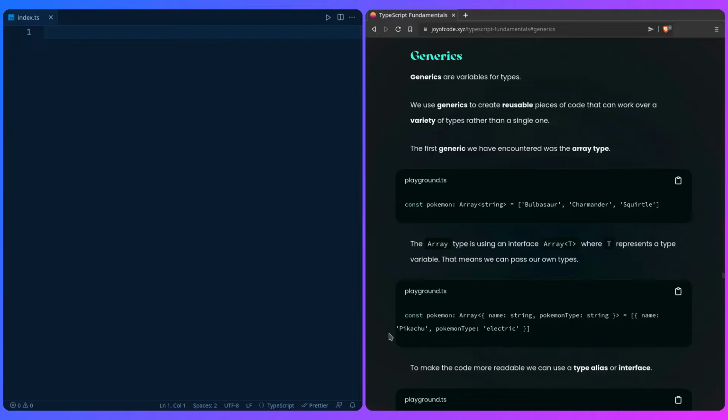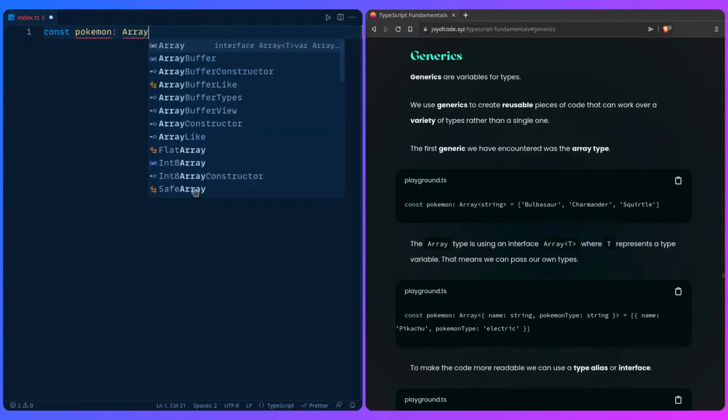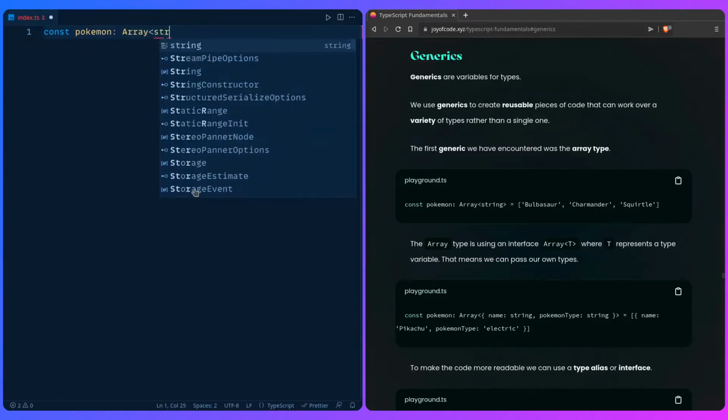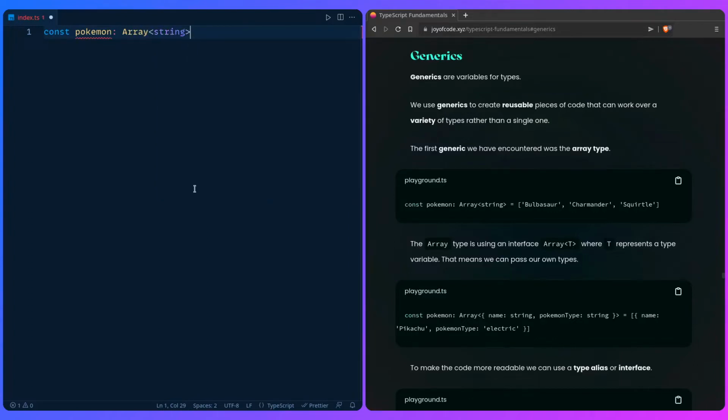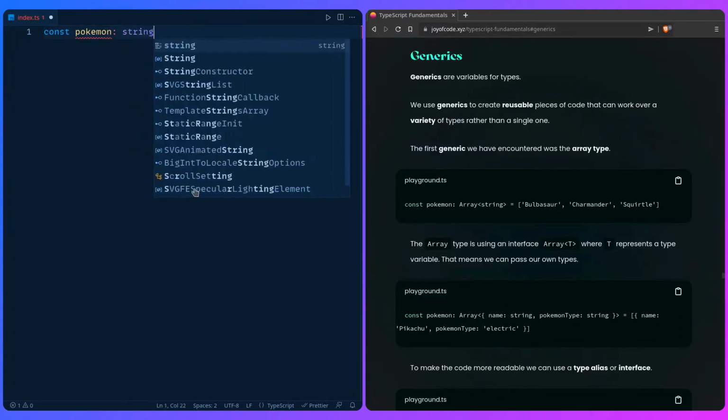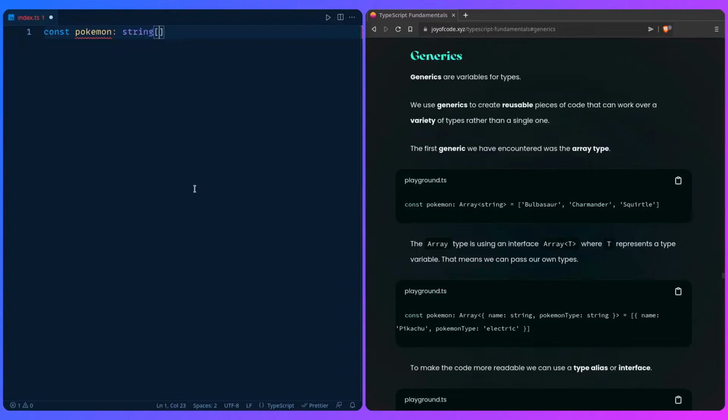If you remember, one of the first examples of generics we encountered was the promise for the Pokemon fetch example, but another one was the array method. So let's go over that one, because I'm going to show you some interesting things. So we can say Pokemon, and then we can use the generic. Array is a built-in type, and then we can say what that array contains. It contains string, right? Remember, the equivalent for this is string and the square brackets, but this isn't a generic, right? So we have to use Array<string>,